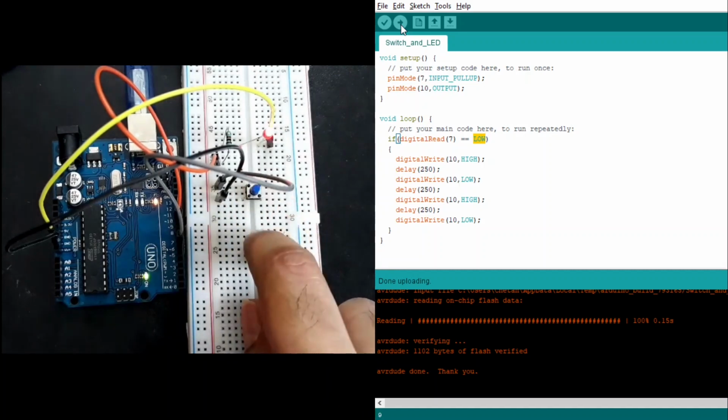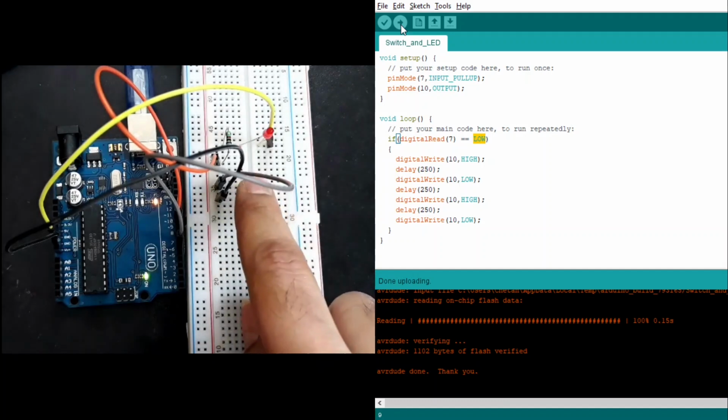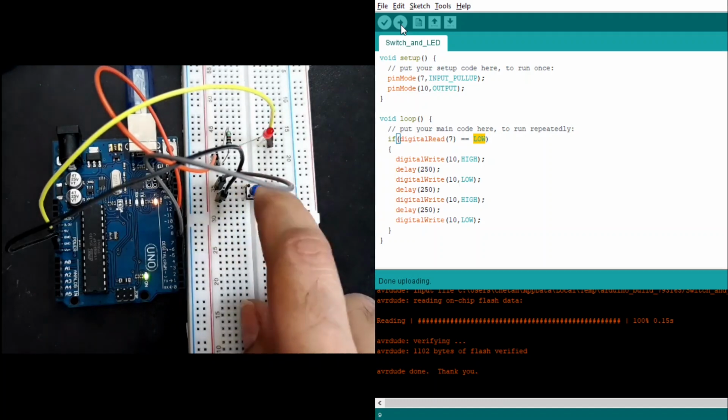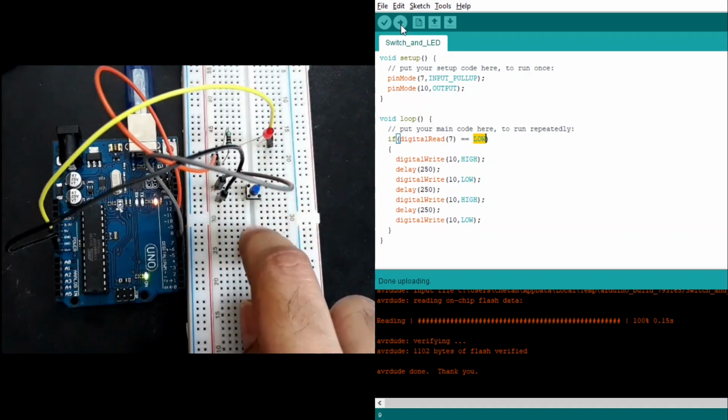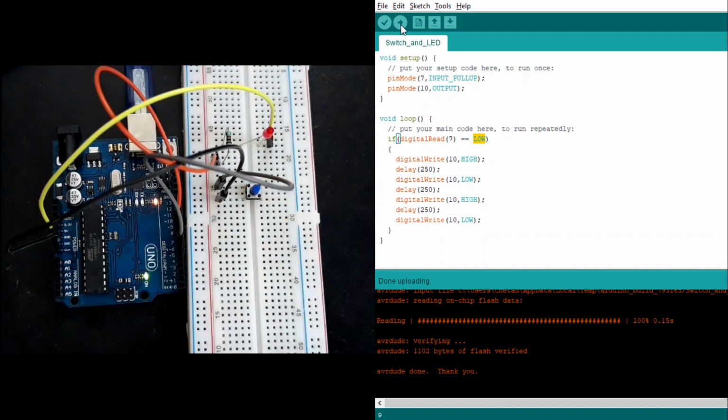But the only difference with this is that now we are looking for a logic 0 to identify if the button is pressed. In the previous circuit it was reverse, but in this circuit we are looking for logic 0 to identify whether the button was pressed. So repeat this experiment at your end and get a feel of what exactly floating inputs are. Once you get this idea, whenever you are designing any new circuits, this will always remain in your design process.